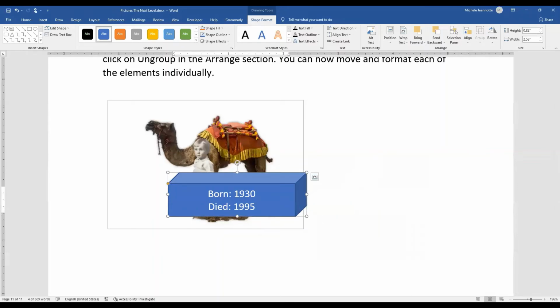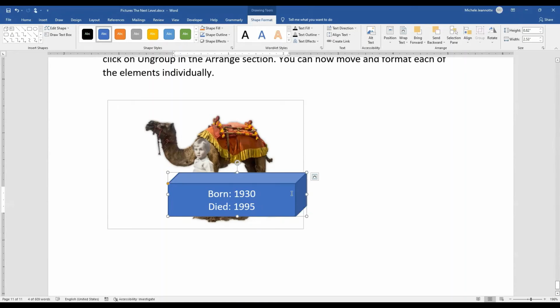Whenever you're dealing with shapes, there is the concept of layers. Right now, I have 3 images stacked on top of each other, but that's not really the order I want. Maybe I want this blue cube to be behind the camel. So what I do